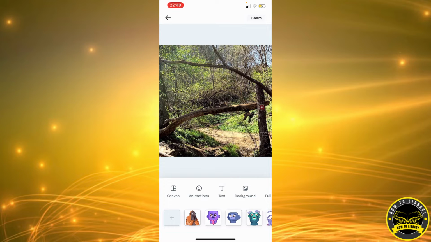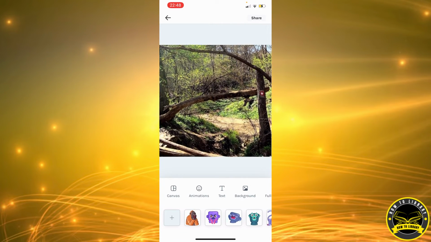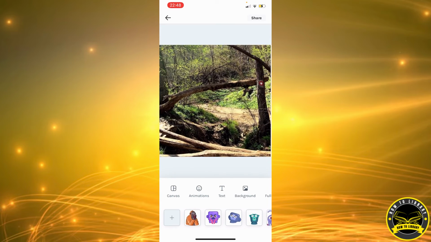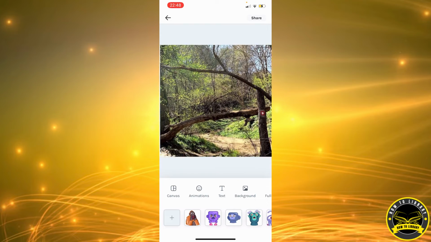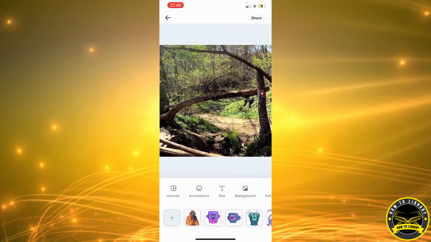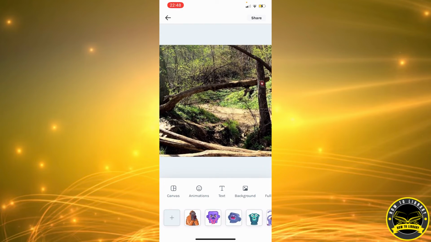If the photo is bigger than the ratio of the Facebook post, you can always move it more down or more up with your fingers. You just have to use two fingers. So let's set it to like here. Now that we've set our background, we can start editing or